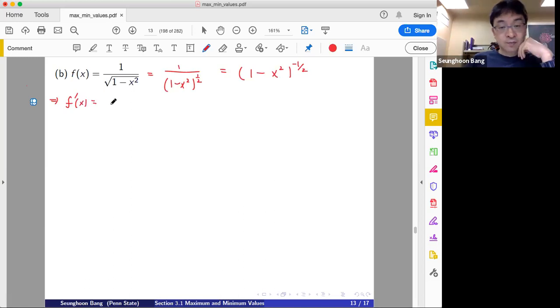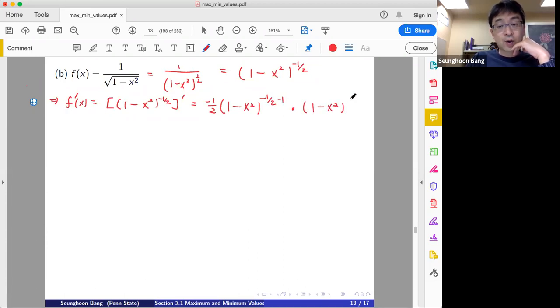What's f prime of x? The 1 minus x squared to the minus 1 over 2, prime. You can use the chain rule. The minus 1 over 2 is the outer function. The outer function prime is minus 1 over 2, 1 minus x squared to the negative 1 over 2 minus 1, times the inner function 1 minus x squared prime. This is negative 1 over 2 times 1 minus x squared to the power negative 3 over 2 times